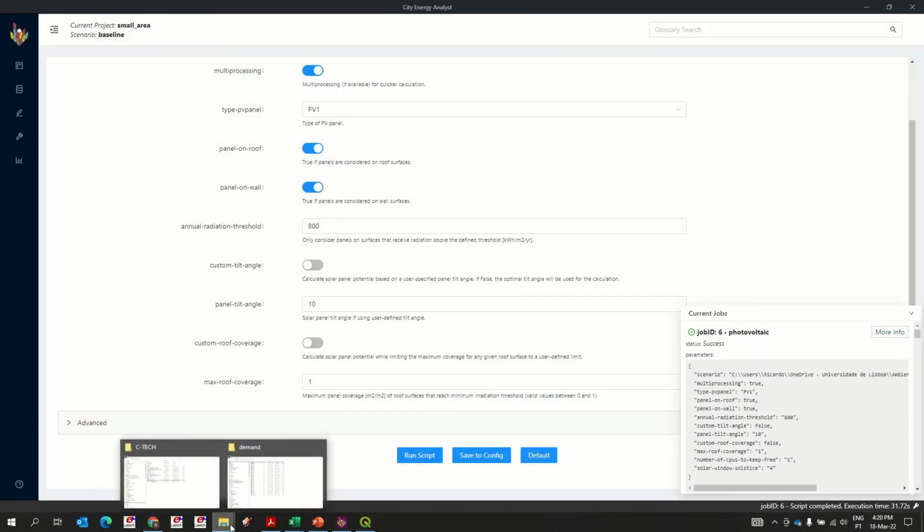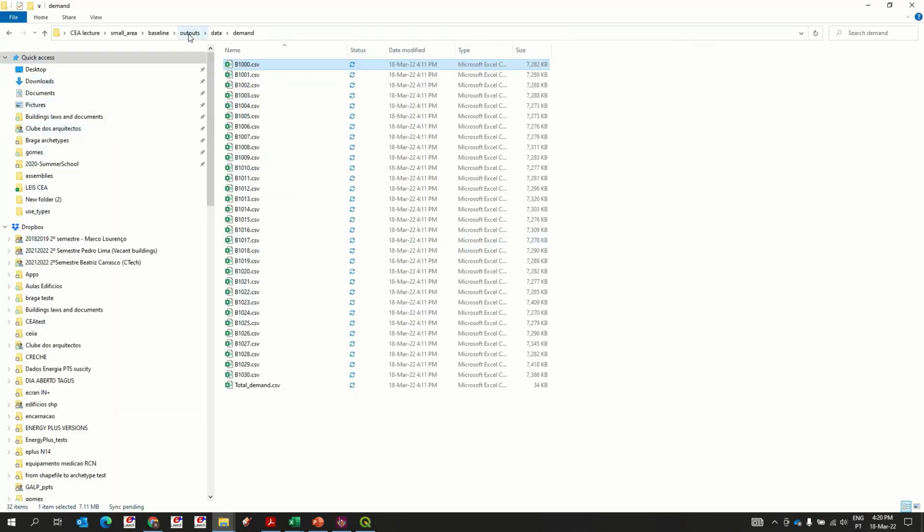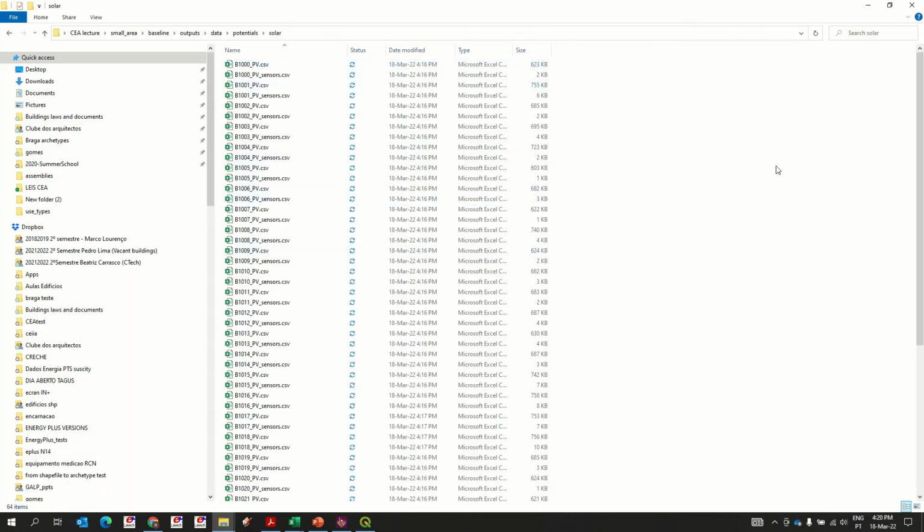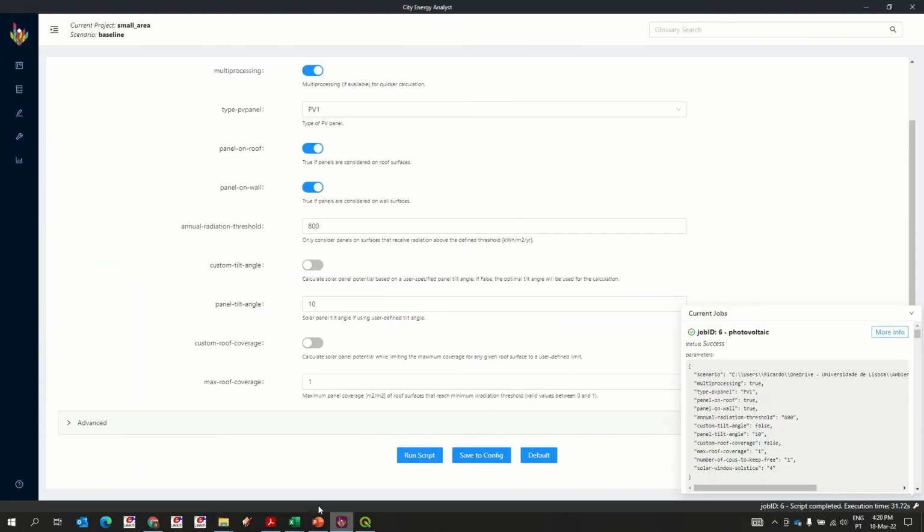So again, the outputs are in the output folder. So data, we should have something like solar. No, not solar potentials, solar, and here they are. So both sensors, in terms of where they are located, I believe, and in the surface, and the PV performance according to the PV technology that is described in the database. So let's return to the dashboard and